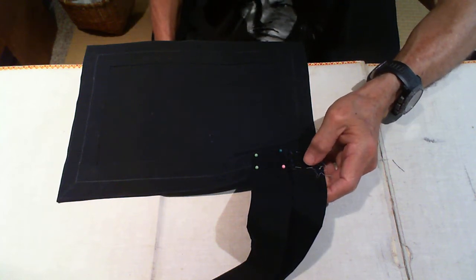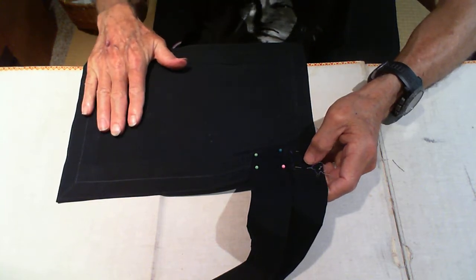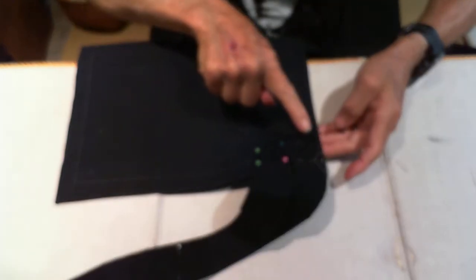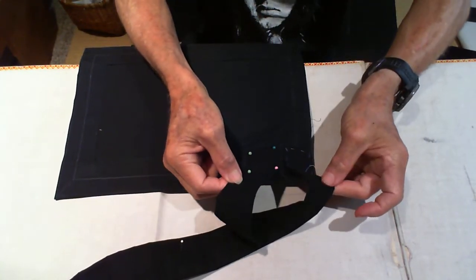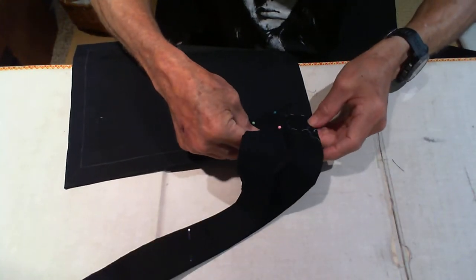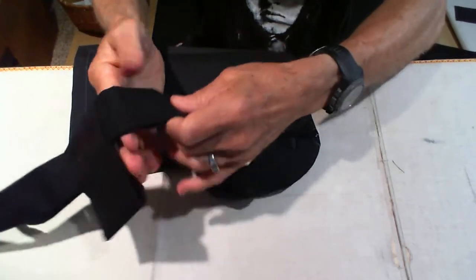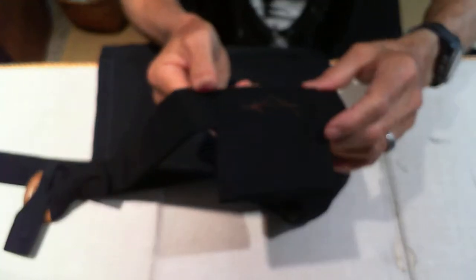This is the process of sewing the straps to the main Rakusu. The first thing to do is to be careful which strap goes on the outside of the Rakusu and which strap goes toward the inside of the Rakusu. And the way it works is the straps are laying on top of each other. They've been sewn together, as we know, with this